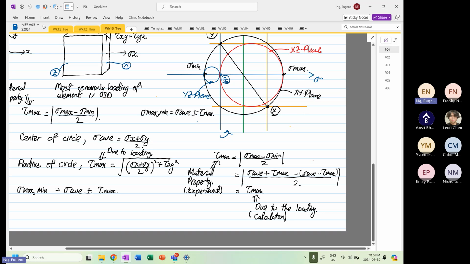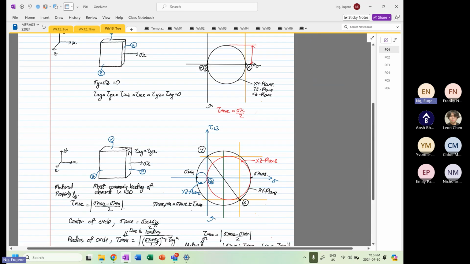Right. So this is just a quick review on what we learned on maximum shear stress, the most important thing you have to know, like what I keep on